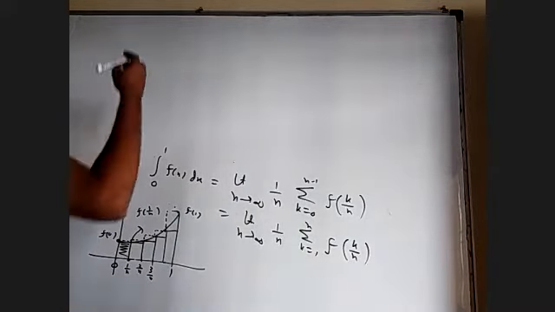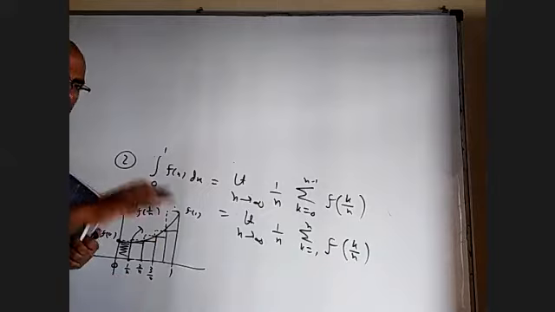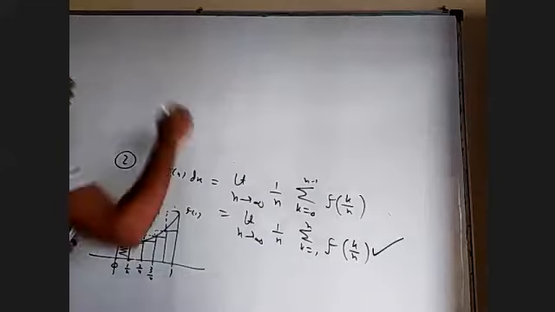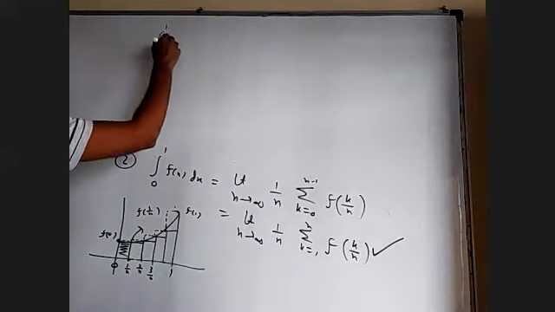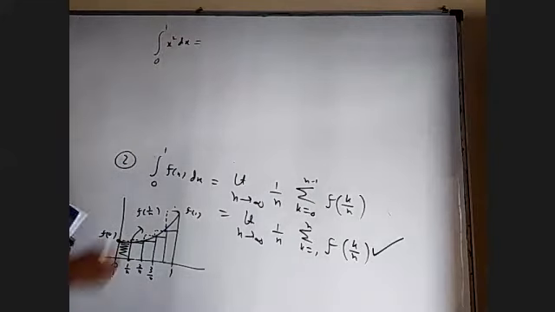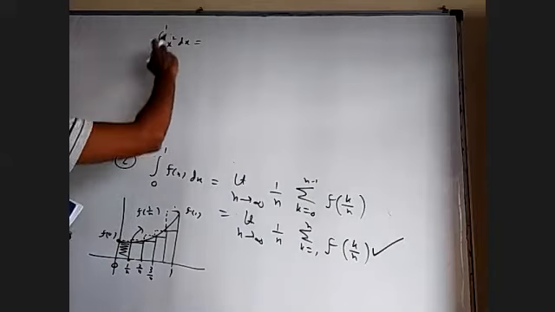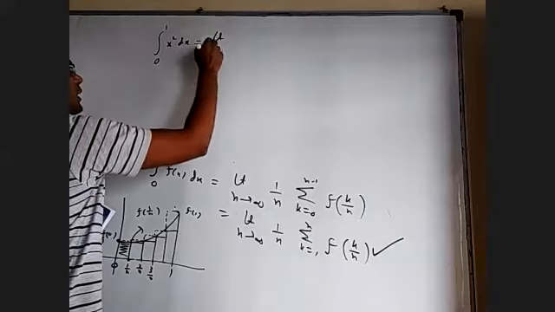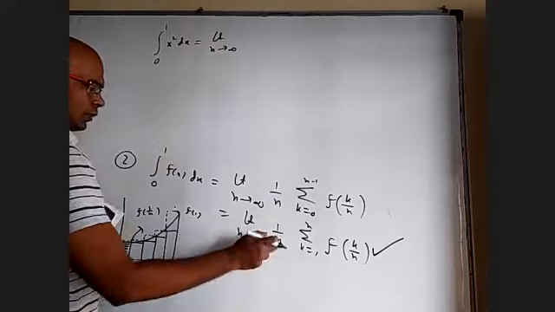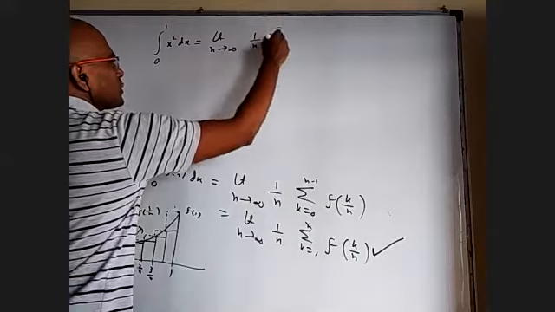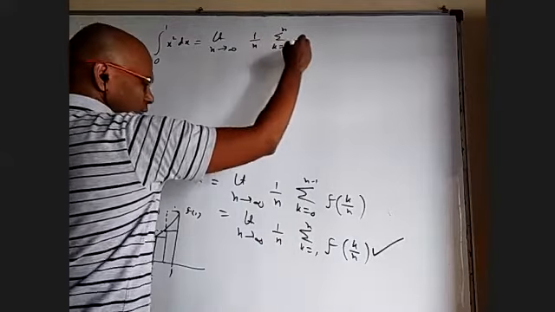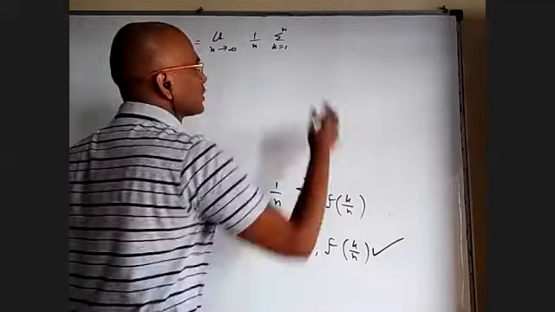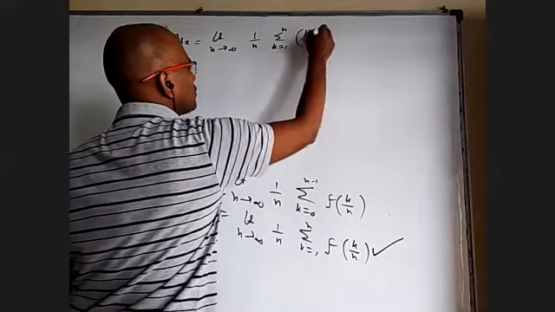Okay, let us say you don't know anything about integration, reverse of differentiation and all that. We know only this definition. Let us take this. I want to find the integral 0 to 1 of x squared dx. We know the other way, that is x cubed by 3, and the answer is 1 by 3. Let us say that this will come from that. Limit n tends to infinity, 1 by n, sigma k equal to 1 to n. What is my f of x? x squared. So here I have to write, based on this, k by n whole squared.